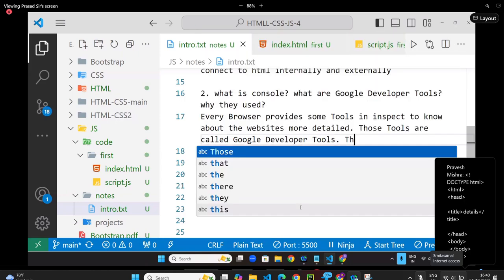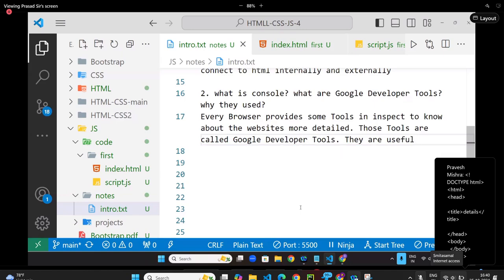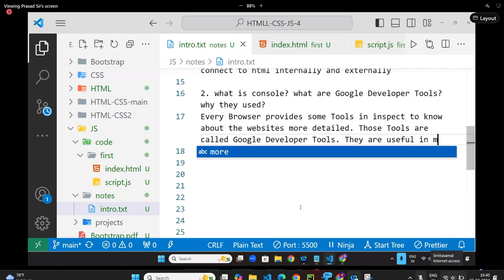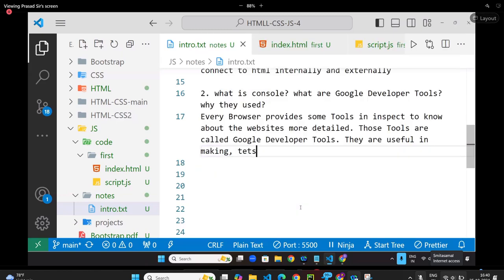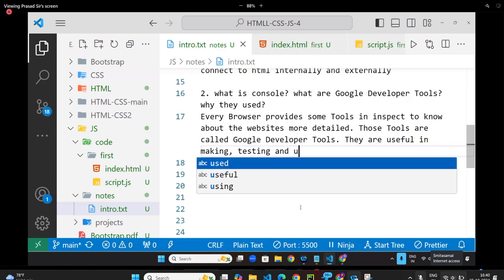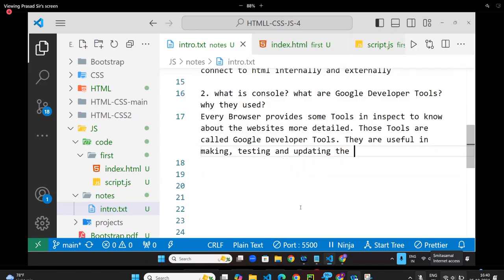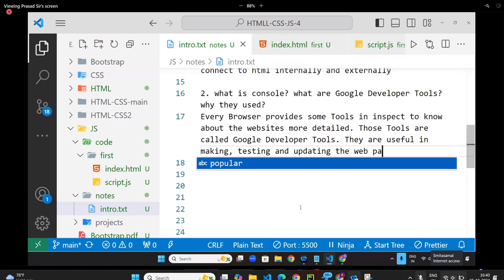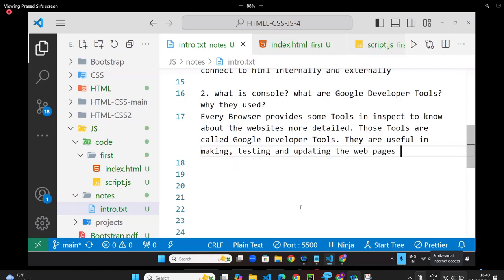They are useful in making, testing and updating the web pages more effectively. Example,